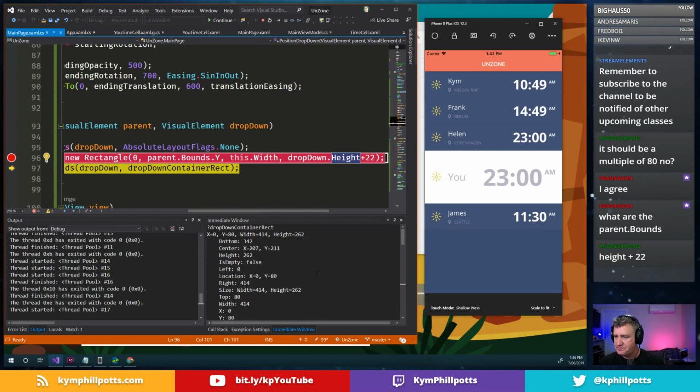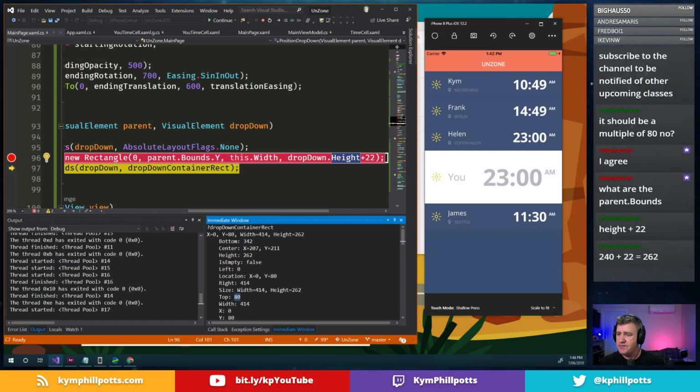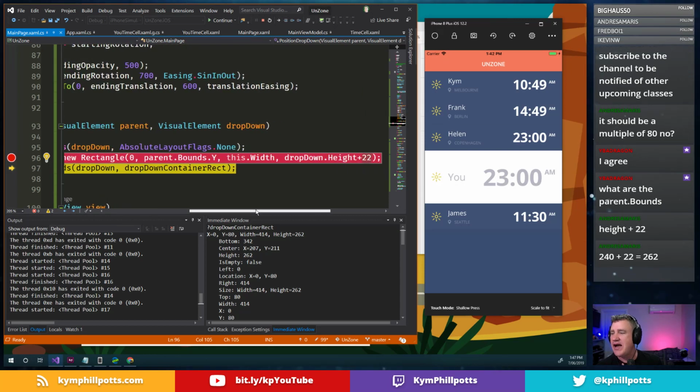So a rectangle. Top is 80. So weird. Top is 80. The Y. Plus 22. You are so right. You are so right. That's exactly why it's 262, because I threw that in before. Still doesn't make any sense to me why